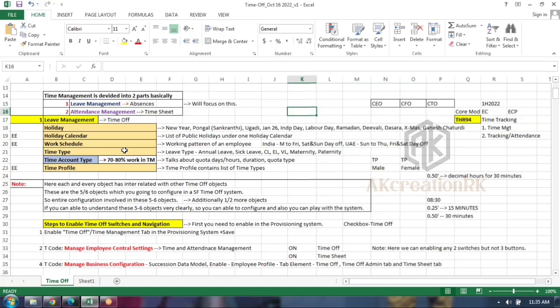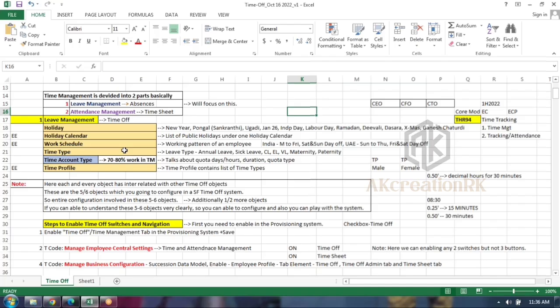Take any country, guys, in software terms: Monday to Friday is working, Saturday and Sunday are days off. Only Middle East countries have to follow the work schedule Sunday to Thursday. For them, Friday and Saturday are the days off, and Sunday to Thursday is the working week. This is the concept. Keep it in your mind.